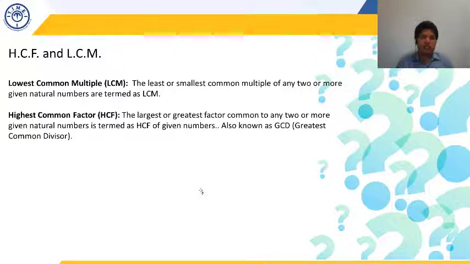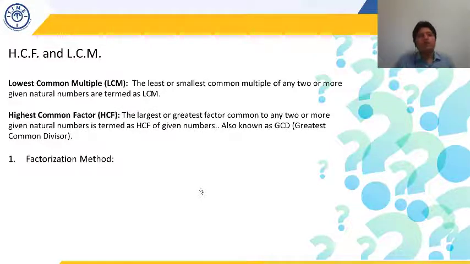because 6 is a factor of 6 as well as of 12, and it is the largest common or the highest common factor. So in case of HCF, we are going to find that factor which is highest and common to all the given numbers, two or more numbers. And in case of least common multiple, we need to find that multiple of the given numbers which is least as well as common to the given numbers. So this is the basic difference between HCF and LCM of two or more numbers. I hope the definitions are very clear to all of you.